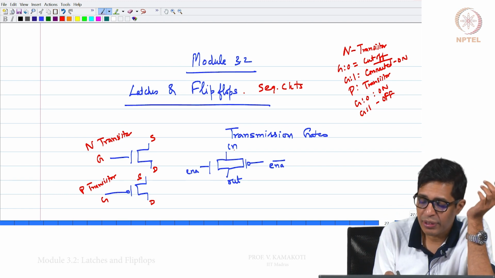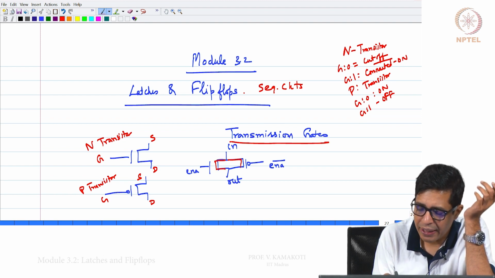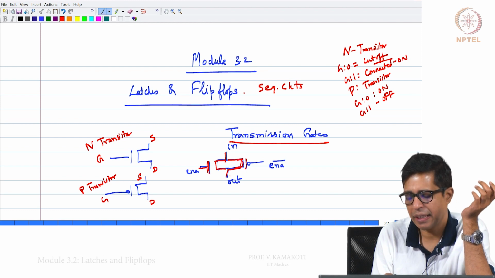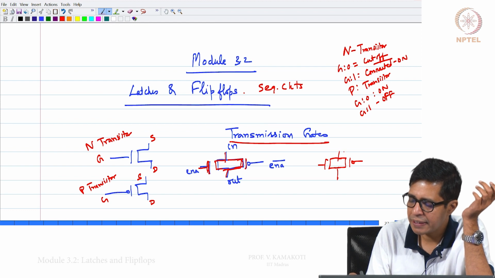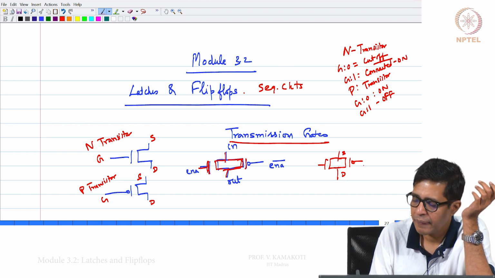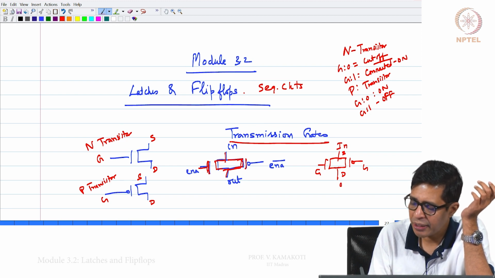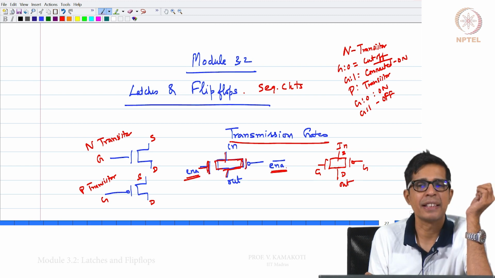Now we are designing something called a transmission gate, where we put a P transistor and an N transistor back to back, as you see here. They are connected here, this is P and this is N, and this is the source and drain for both. These are the gates, and I give some input here and collect an output there. I connect the signal enable here and the signal enable bar here.